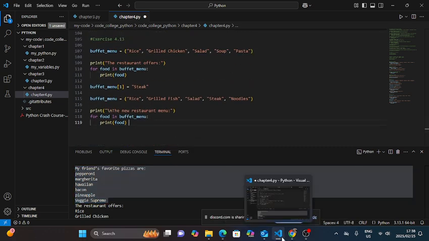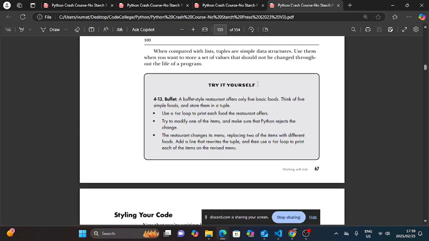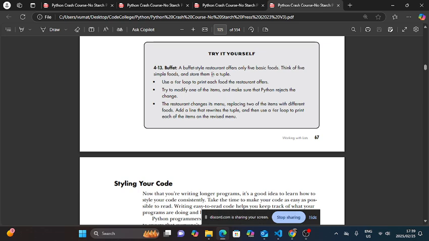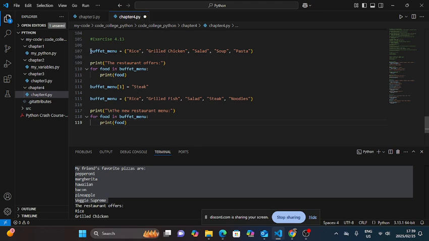So yeah, then for this last exercise, 4.13, creating a buffet list, or let me say creating the menu. You have what the restaurant offers, 5 basic foods, using a for loop to print each food the restaurant offers. And in order to do that, I just created the list here, using the for loop to print each value within the buffet menu. And over here we're going to index, right? So we want to get,